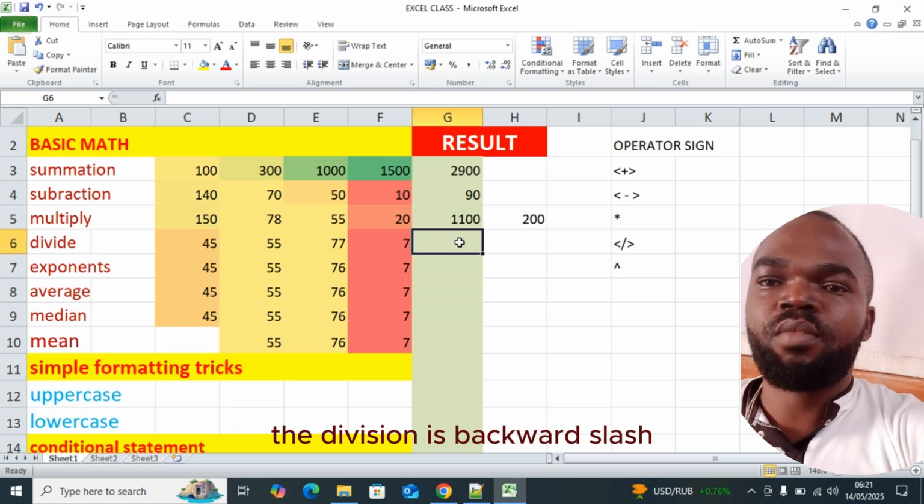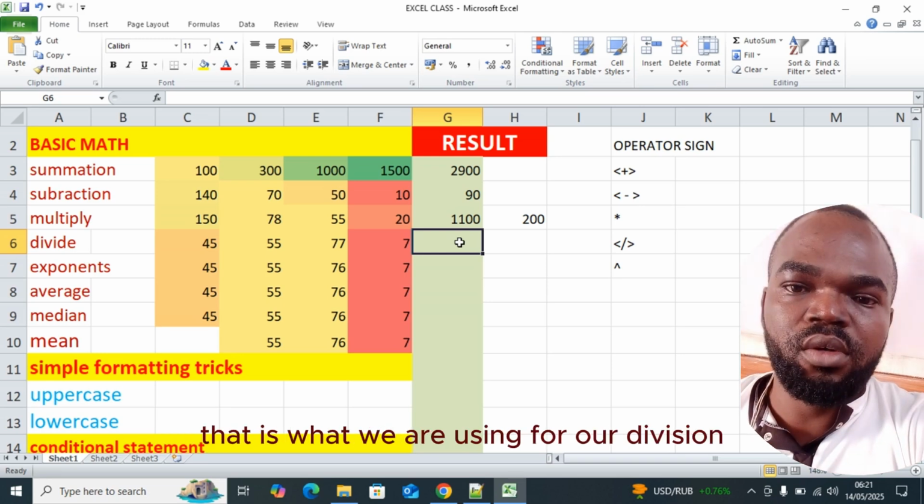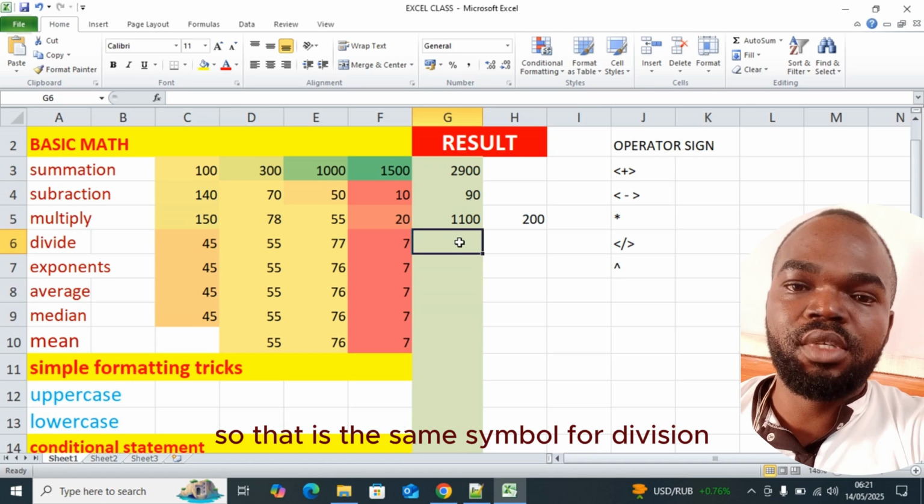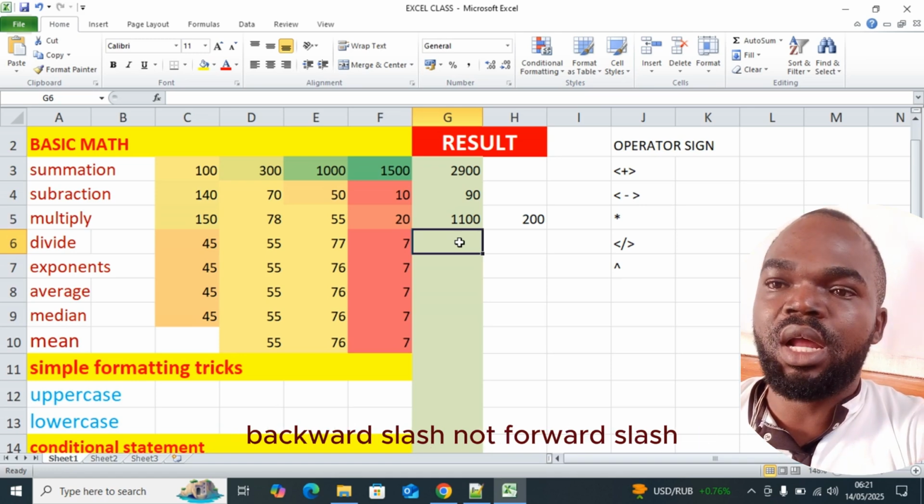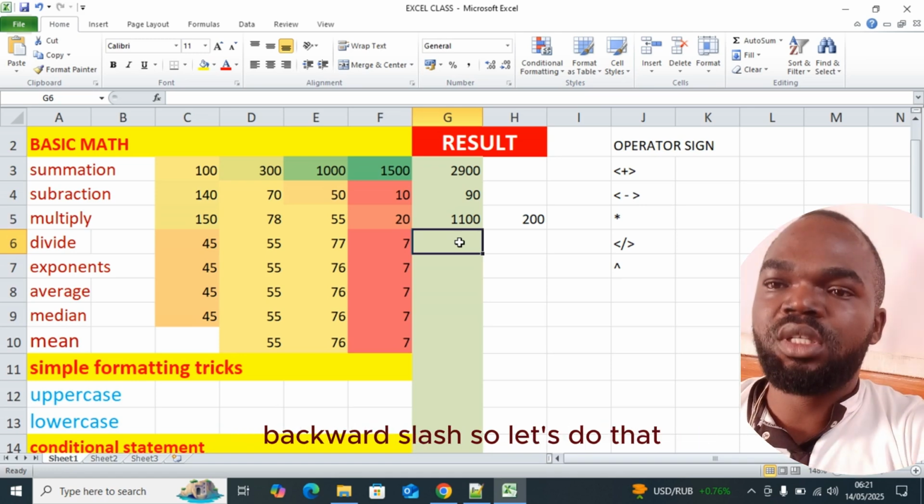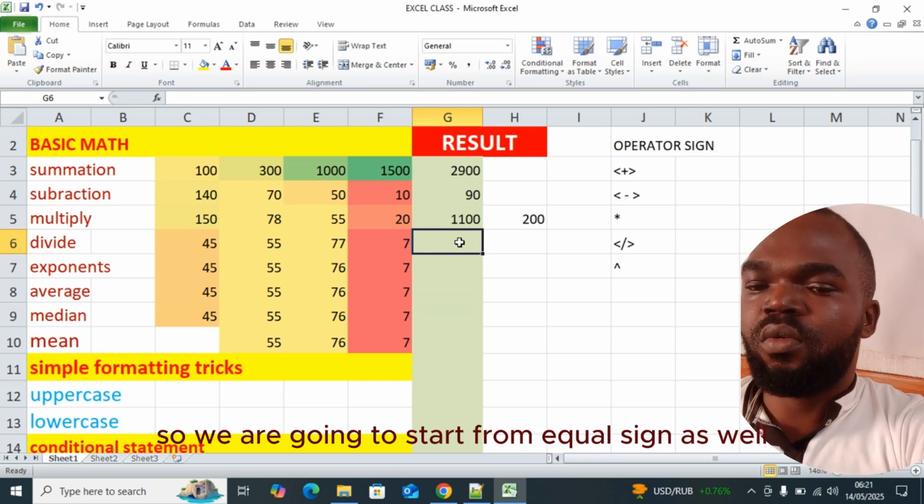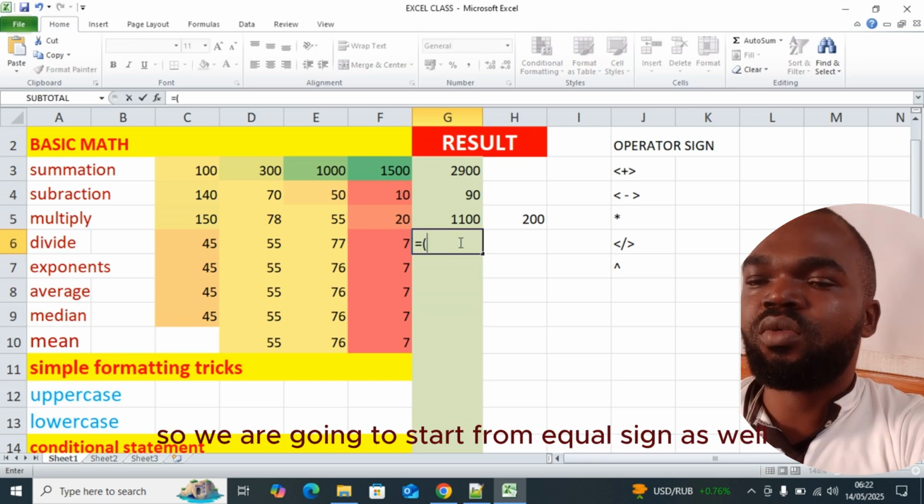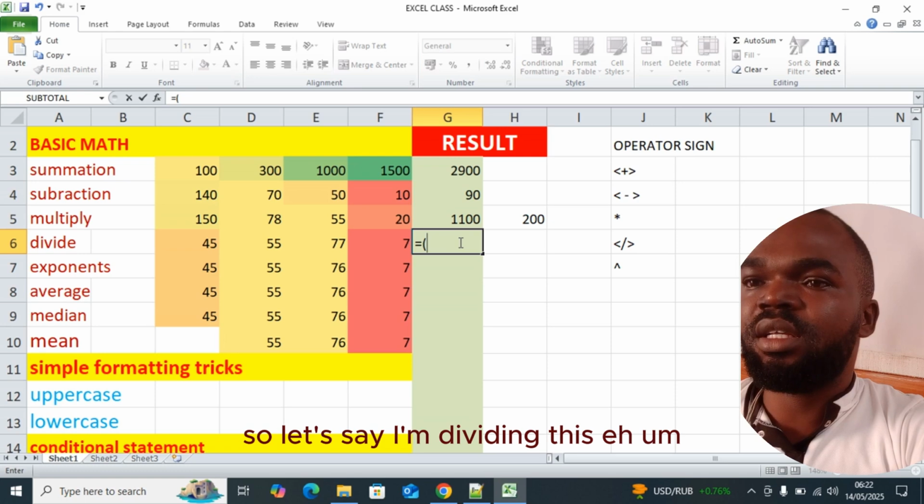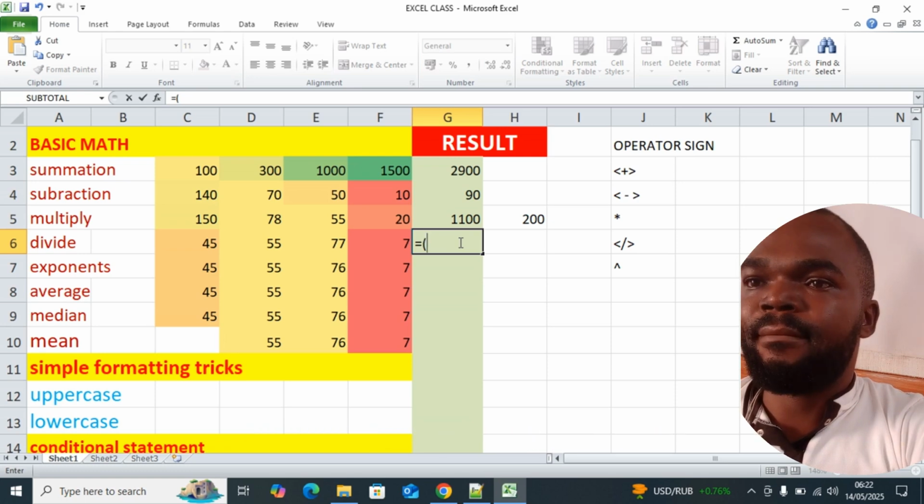Now let's go for the one of division. The division is backward slash. That's what we are using for our division. So that is the symbol for division, backward slash, not forward slash, backward slash. So let's do that. We are going to start from the equal sign as well. So let's say I'm dividing this